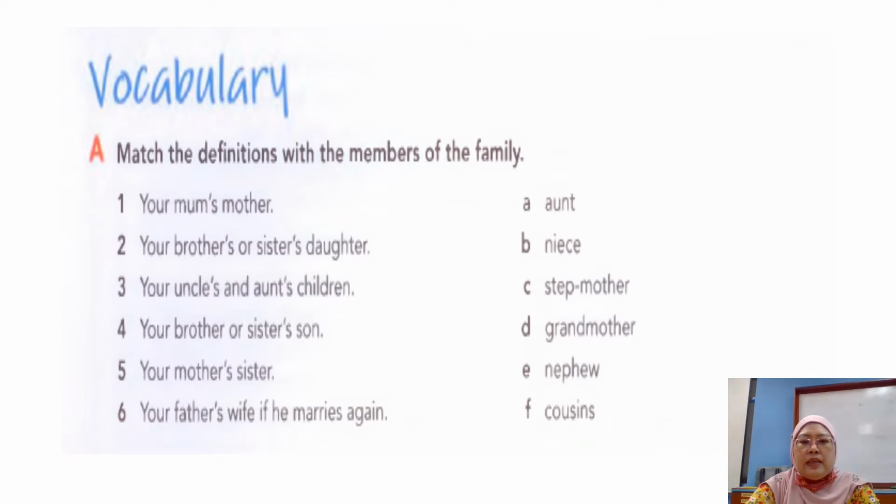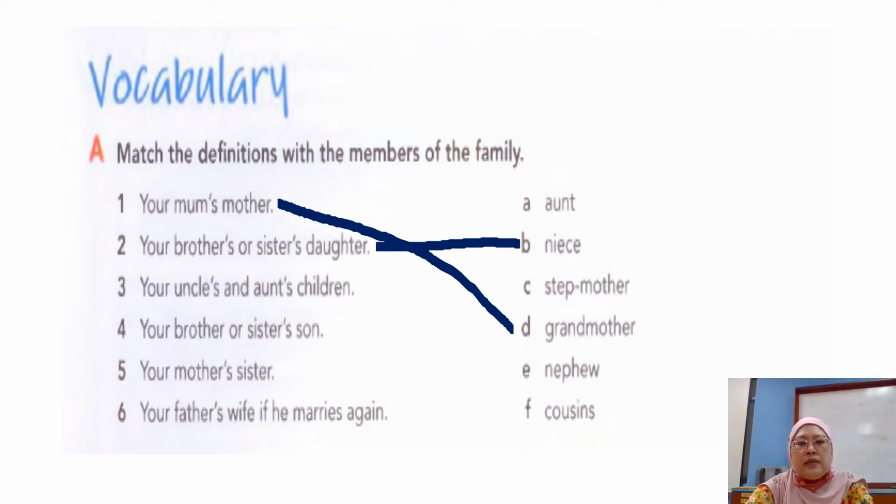Okay, now let's turn to page 8 and you will find this exercise. Okay, match the definition with the family members. This is very easy. Okay, now let's look at number 1, your mom's mother. So who is the person? Your mom's mother. She is your grandmother. Okay, your brother's or sister's daughter. When your brother got married and he has a child, a daughter, so the daughter or the baby is your